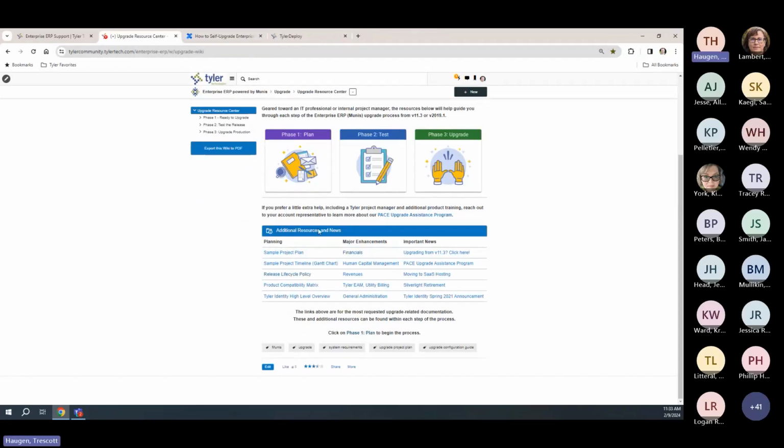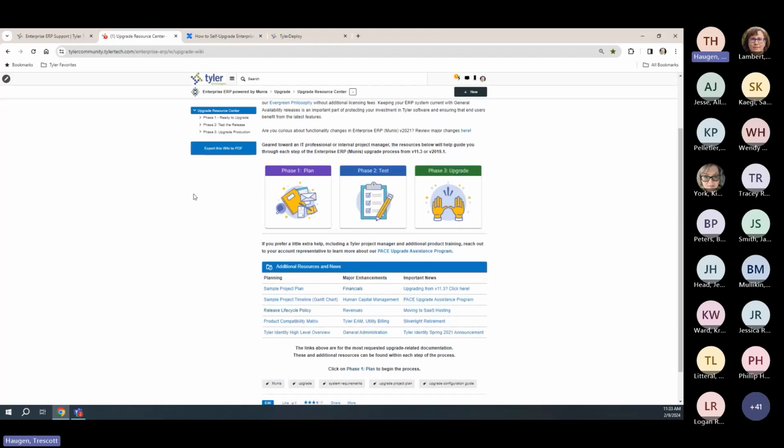Sometimes when you open these, it forces a new tab, which is nice so you don't lose where you were before. Another area I would like to highlight here, again, I'm not going to go through all of these, but we do encourage people to come in and review these steps. We're going to go to the testing area here. And if we come down to Educate and Train section, here,